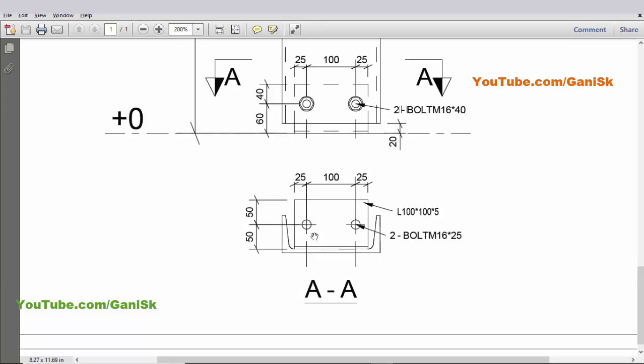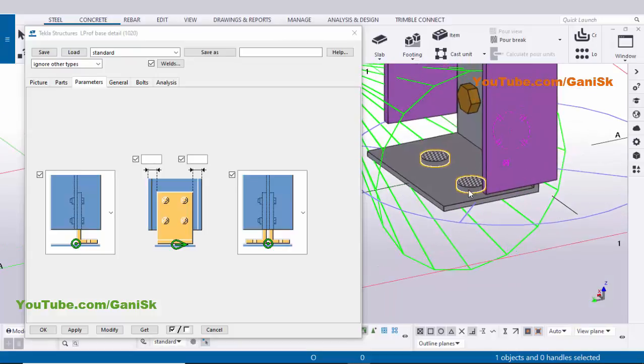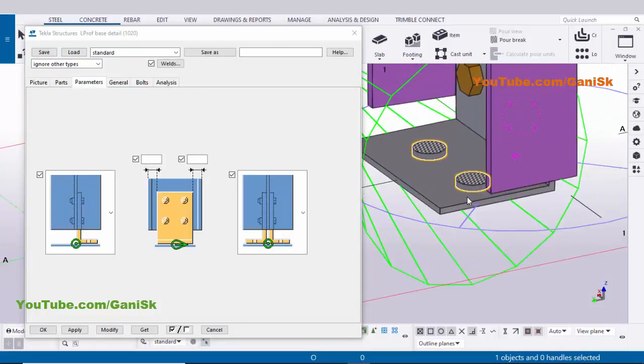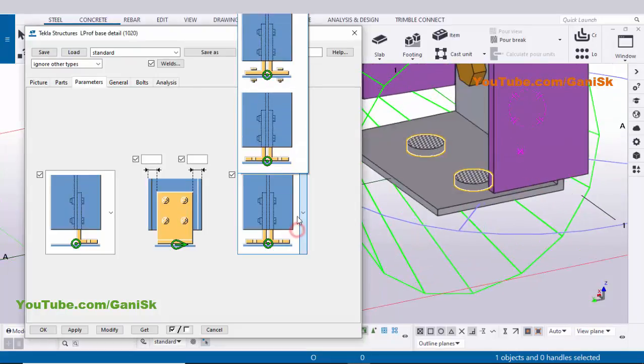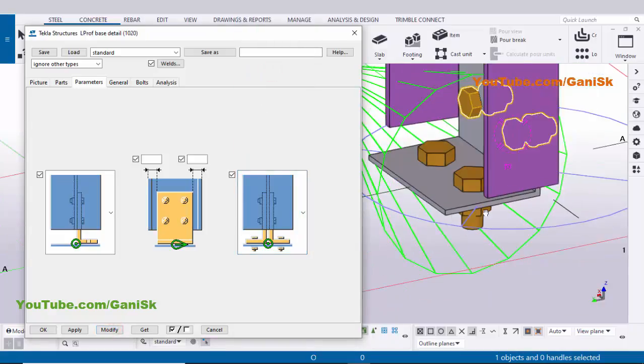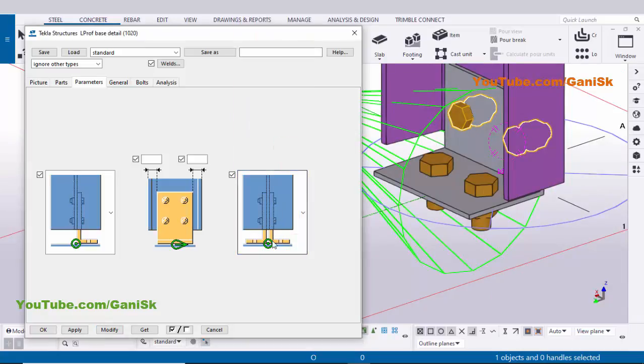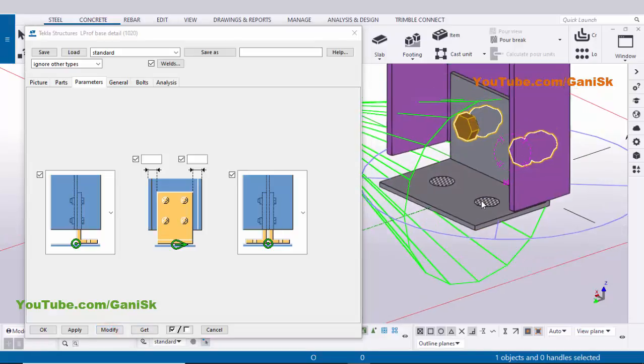Okay, in our example we don't have any bolt in the bottom side. You can directly place it in the site. If you want to represent this bolt in the model, then click on here and select this with bolt option. Now click on modify. You'll get like this. Okay, currently we don't require this bolt, so select this without bolt here. We just need to create a hole in the clip angle like this.